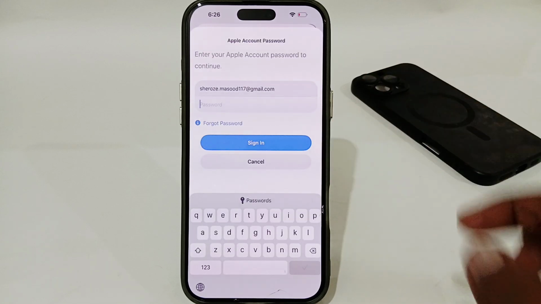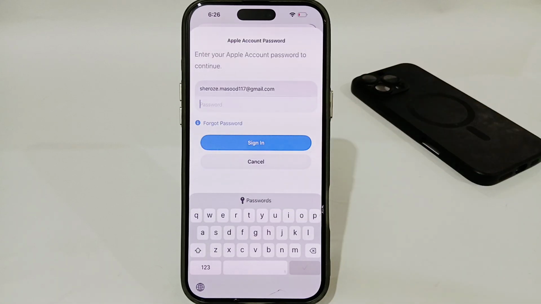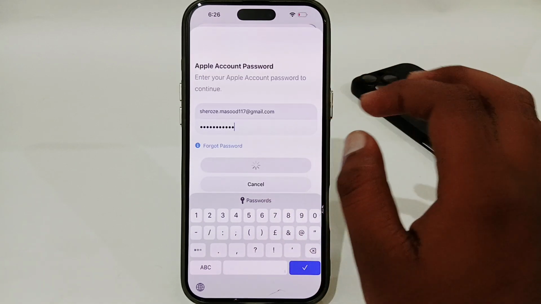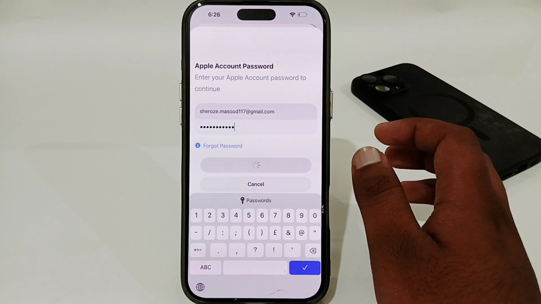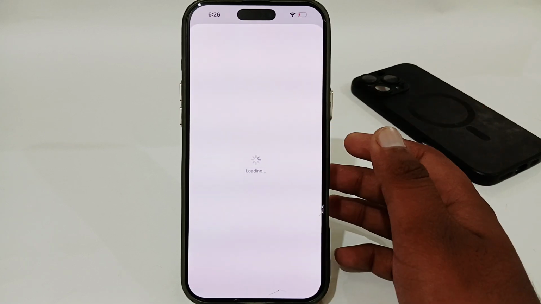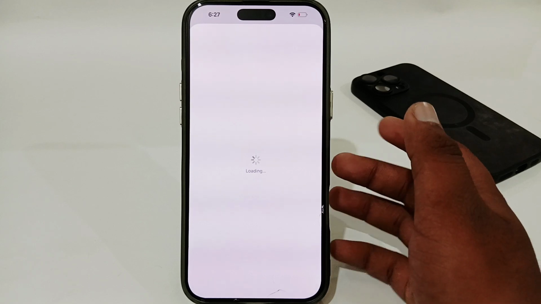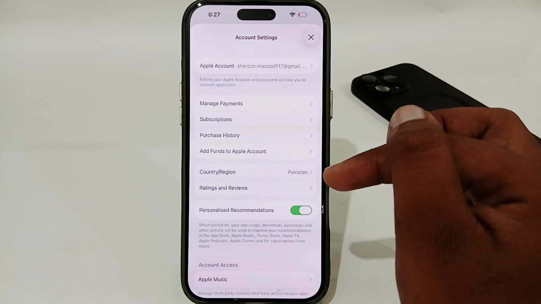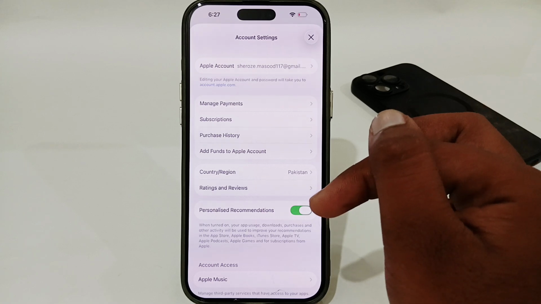and here you have to log in with your account. You just have to enter your Apple account password. Once you have entered it, you have to tap on the Sign In option here, and then you just have to wait for the next screen. And here it will almost fix the issue. You will get the country or region option here, or if you are still having the same issue, you have